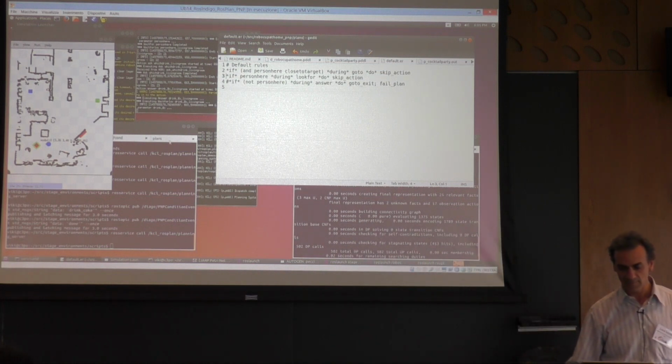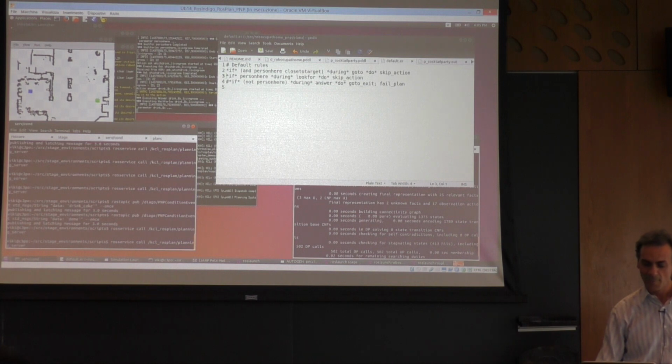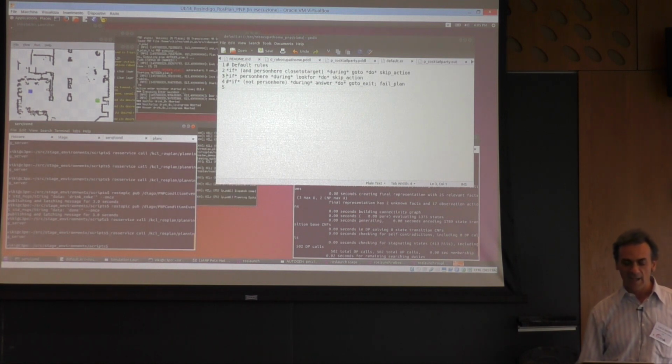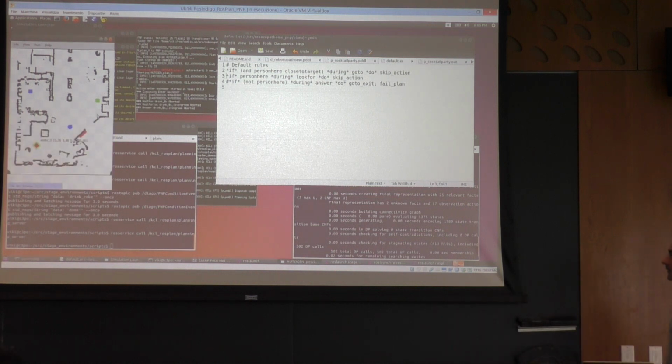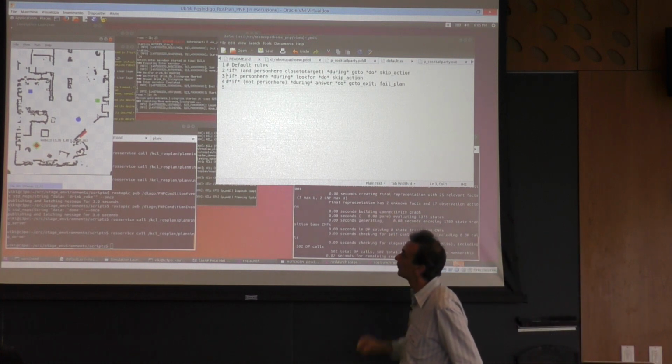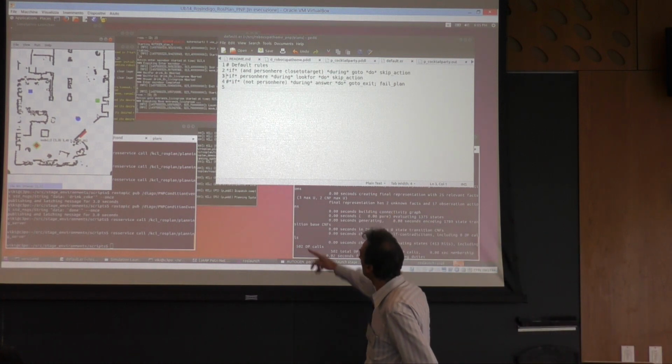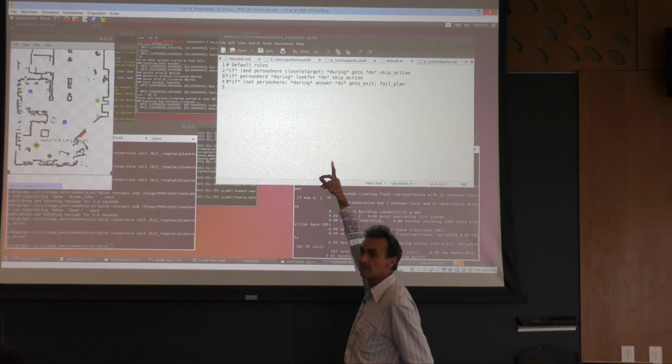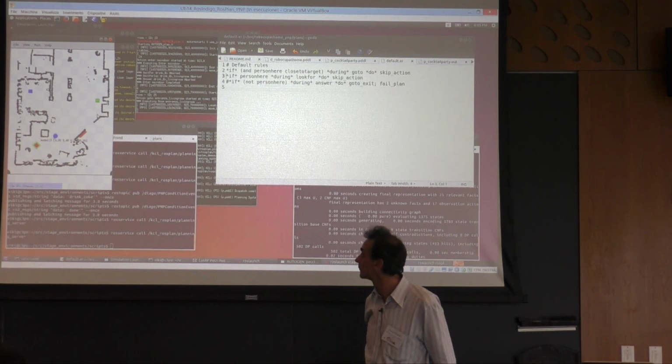So we can see this behavior. By the way, when I start a new plan, whatever the status of the execution of the old one, the robot will start again. So now the robot will start again the new plan. And now the new plan contains the effects of these two execution rules.